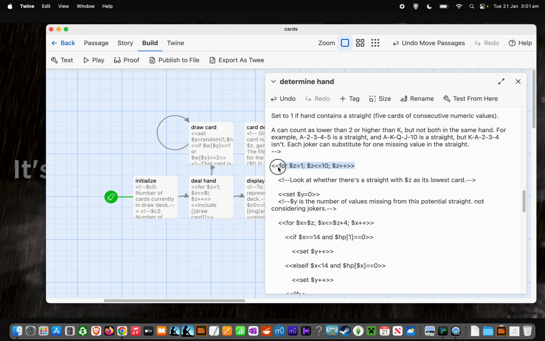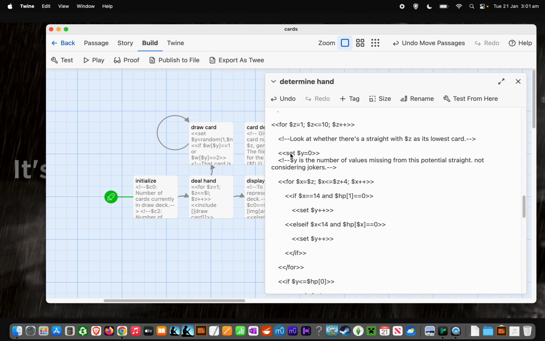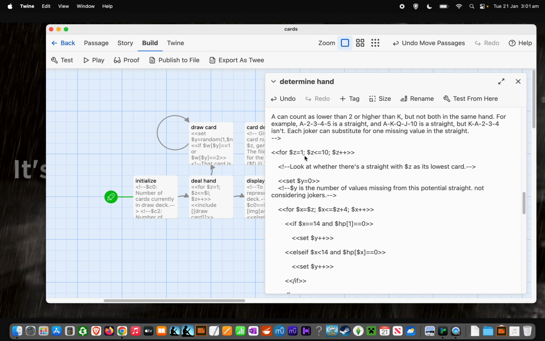So we go from 1 to 10. These are the possible lowest values of a straight. We don't do 11 because that would be 11, 12, 13, 14, 15, and 14 is the ace, but there's nothing beyond that. So that's why it's 1 to 10. So we're going to look at whether there's a straight with Z as the lowest card. We set Y equal to 0. Y is the number of values missing. So in other words, we're going to start with 1,